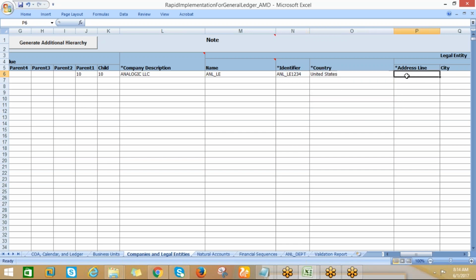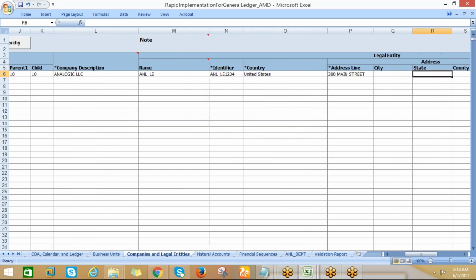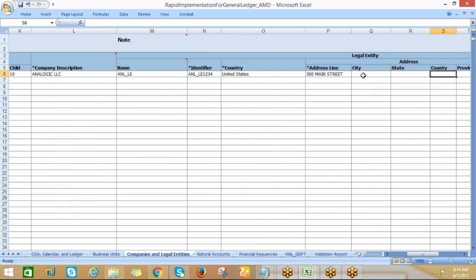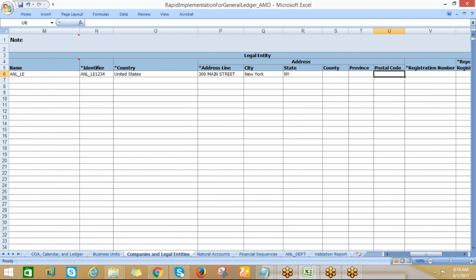United States, and address line: 300 Main Street. So here I can go for New York, NY. I think for postal code usually I should go for 001, and this one is ANL